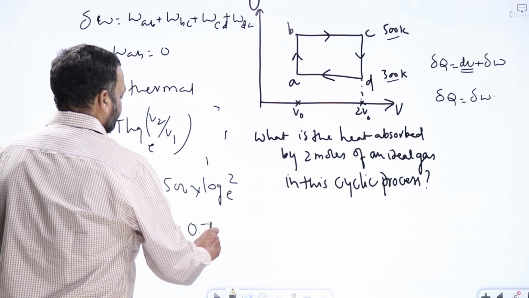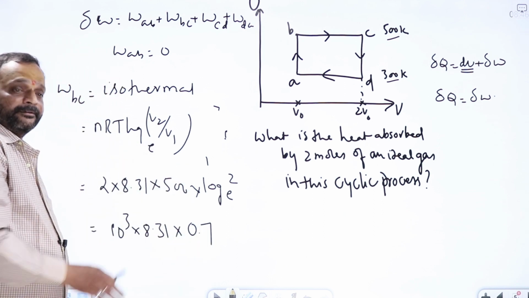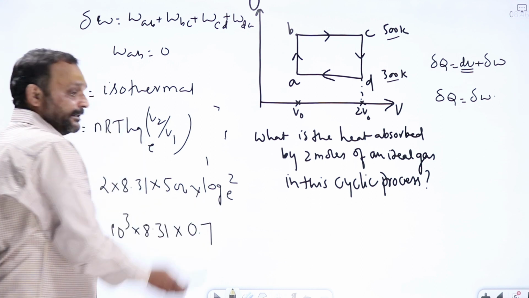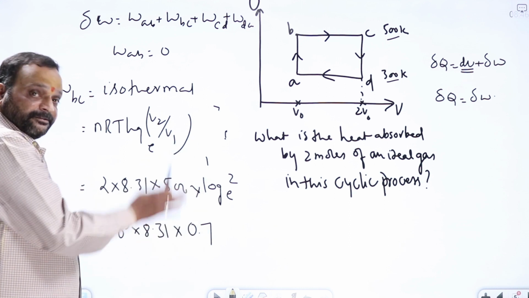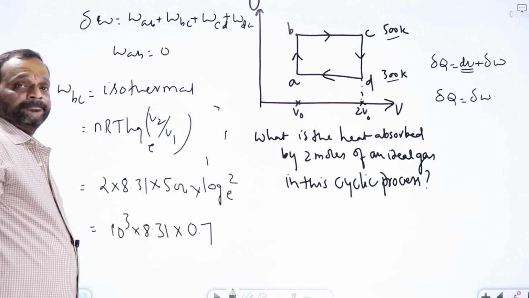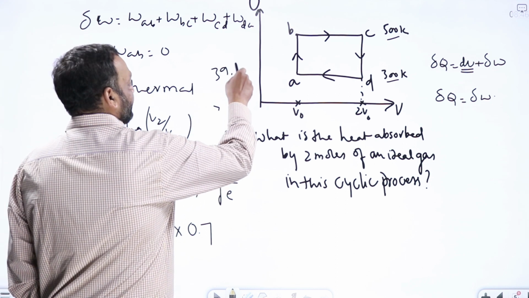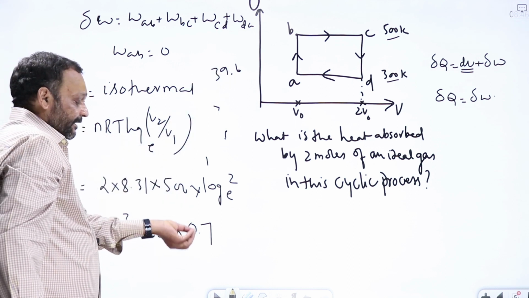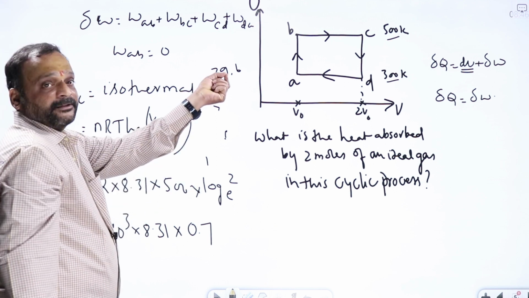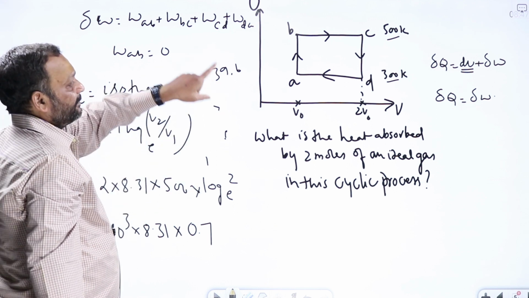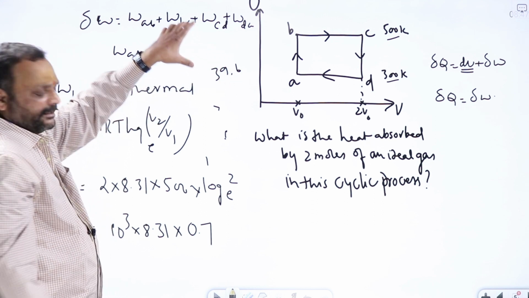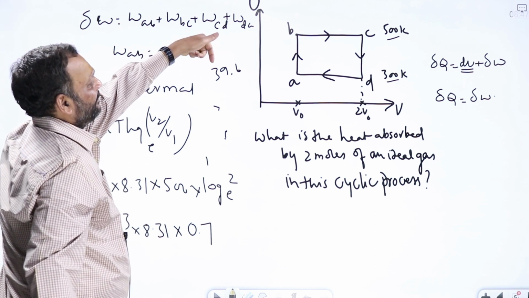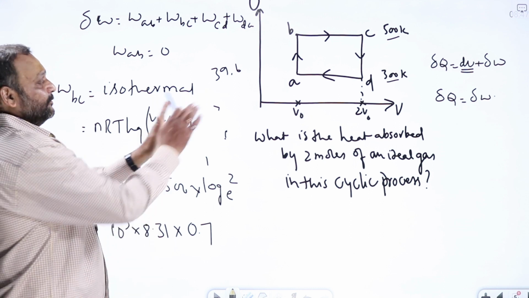0.693. In solving problems, approximately you take it as 0.7 to get the answer quickly. And remember, when choosing the option, you have increased the value from 0.693 to 0.7, so the value you get is not the accurate value, you'll get a slightly higher value. Suppose you got 39.6, I'm giving a rough example. The actual answer will not be 39.6 because you have increased the value from 0.693 to 0.7. So the real option will be slightly less than that. Choose an option which is less than 39.6 and very close to it, because here you have increased it by a very small amount. So some 39.5 or 39.4, something like that will be the right answer. Choose that option, put it and come out.